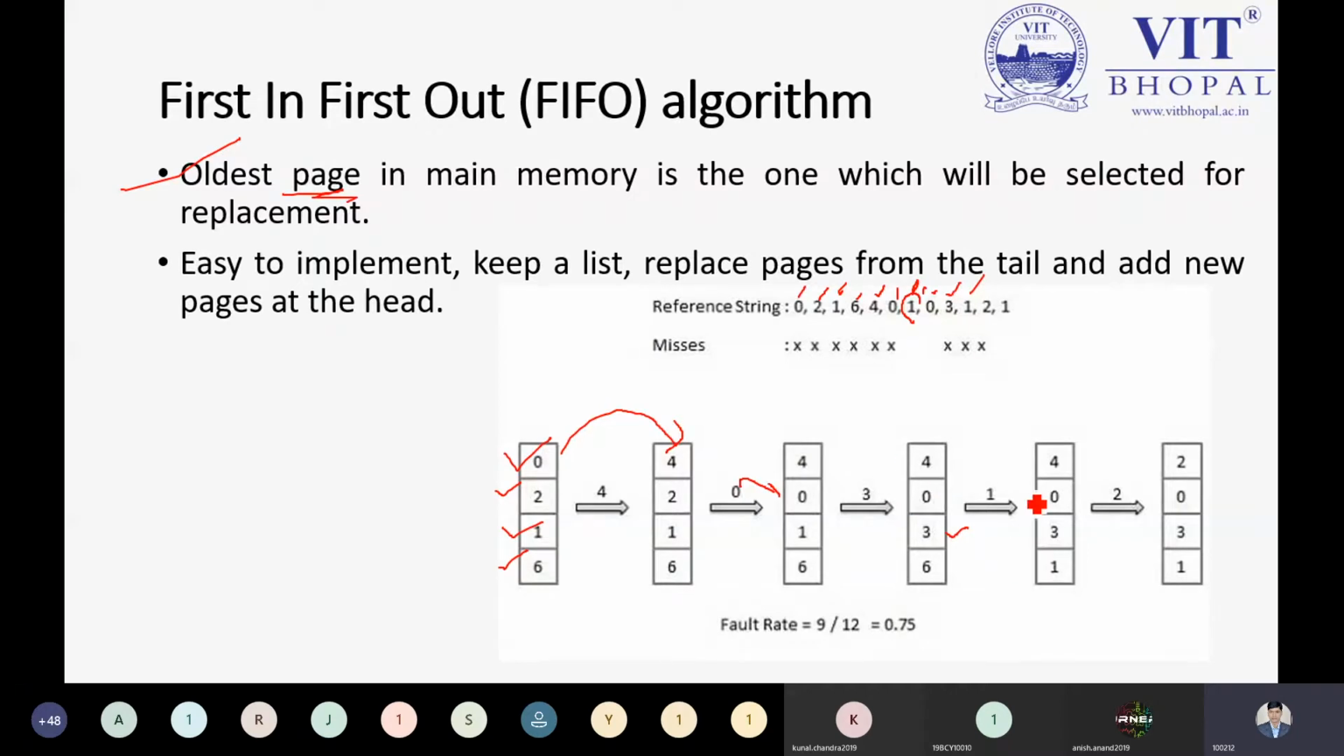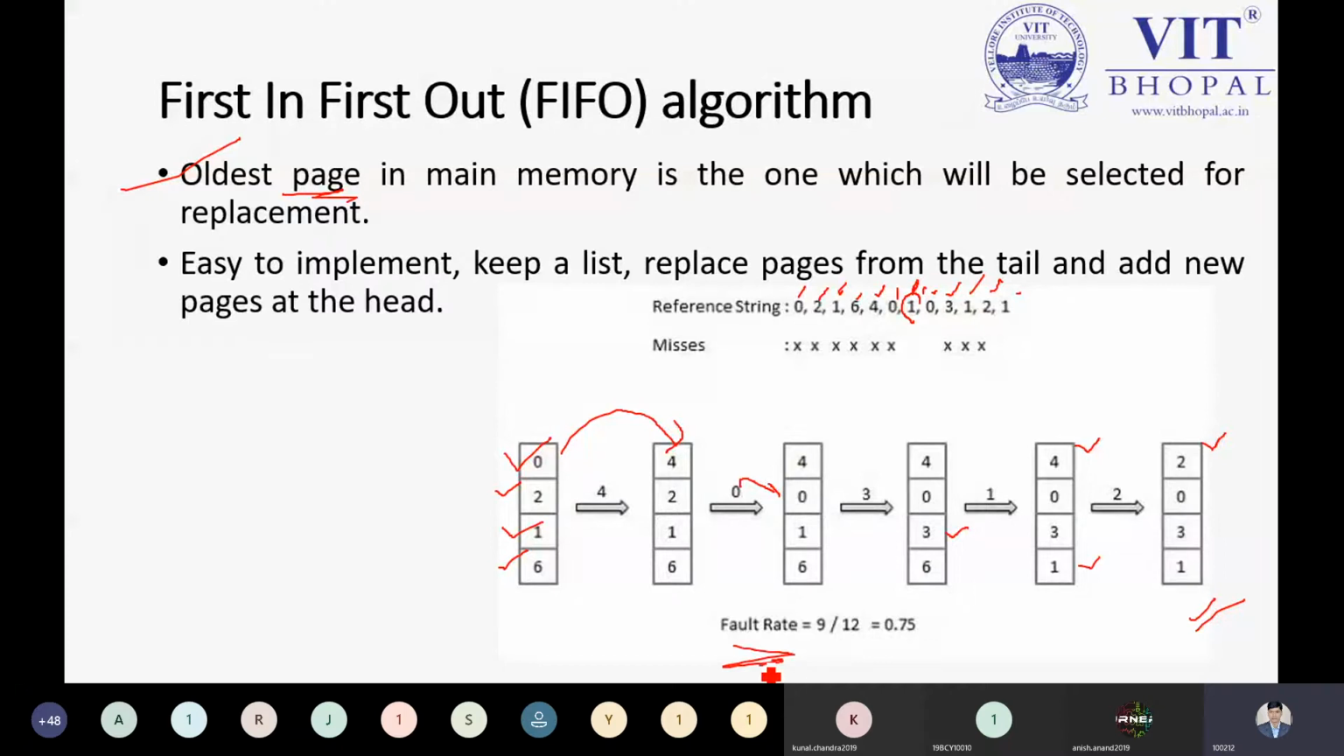That is 6. So definitely this page or this part will be replaced. Same thing we can perform for the 2 and 1. So you can note it down, among the 4, 0, 3, 1, which one is the oldest now? That is 4. So definitely 2 will come over here and 1 is already here. So this is our current sequence, that is 2031. Now